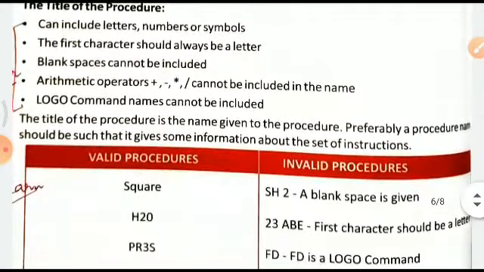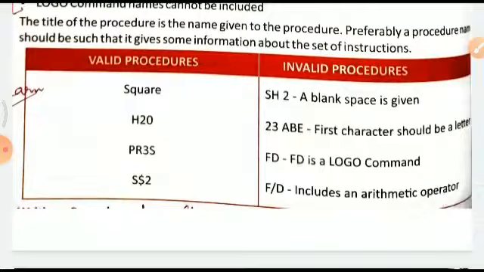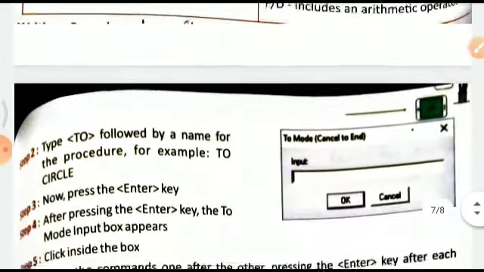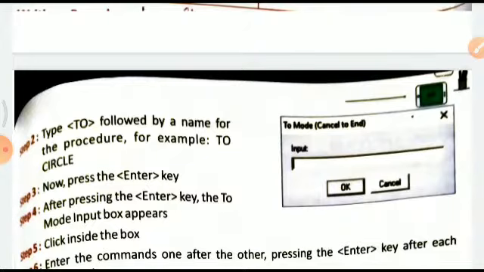Then what we do, we begin with a set of commands like this. We use some valid commands, and then we come here. Type TO procedure, and then we write the steps. We keep on typing them and keep on pressing the enter key, and ultimately all our programs are entered.